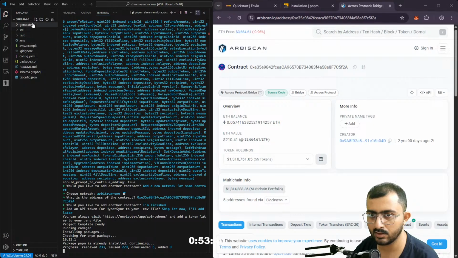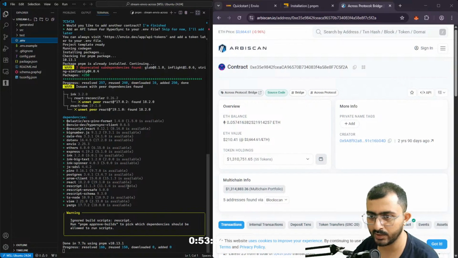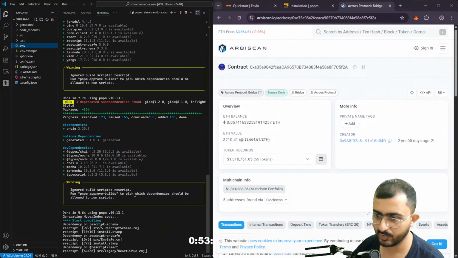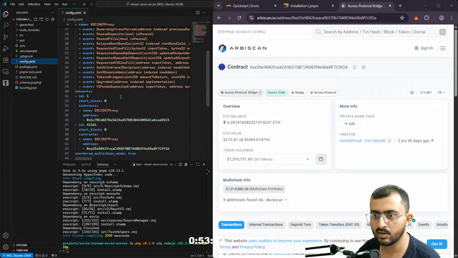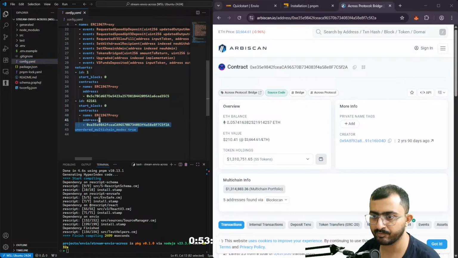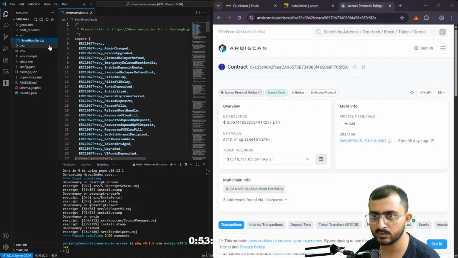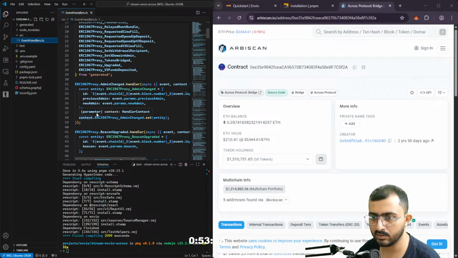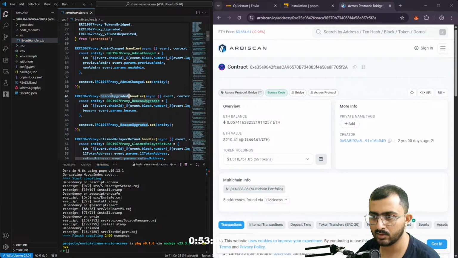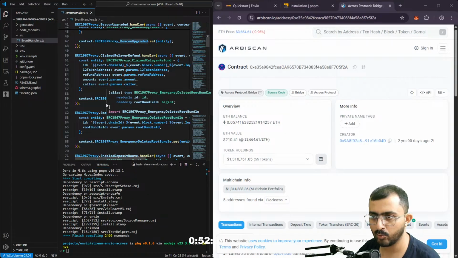It will generate, yeah, it will generate a project. Let's wait for it. Yes. And event handler, you see all the events are handled here. For each event we have different handler and we can modify it,